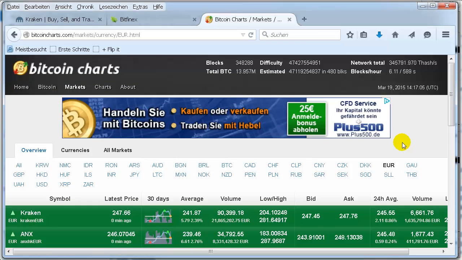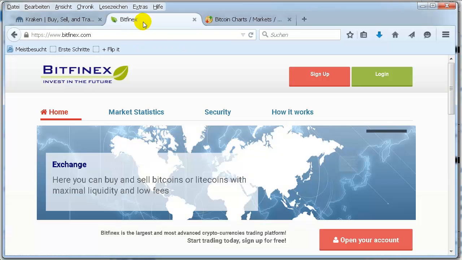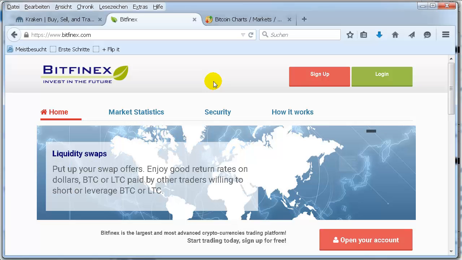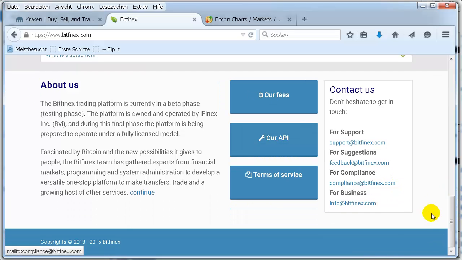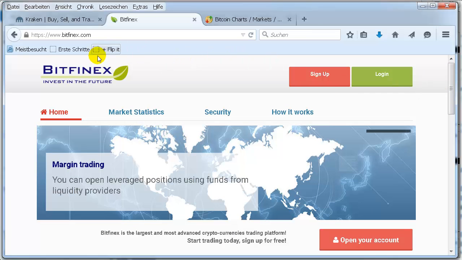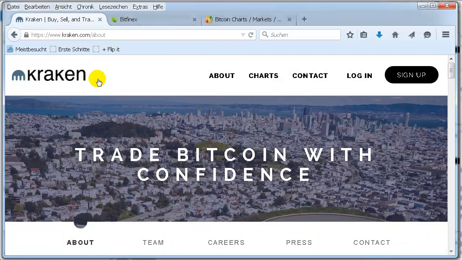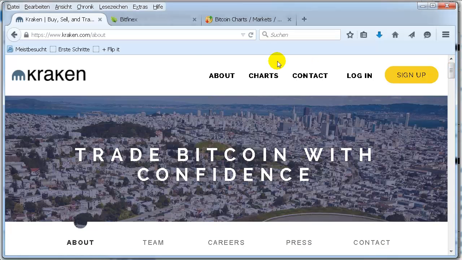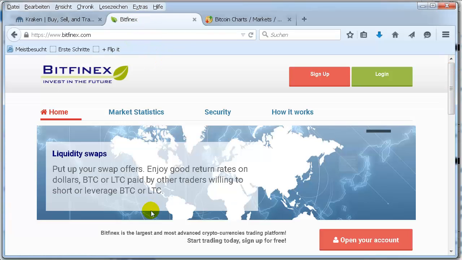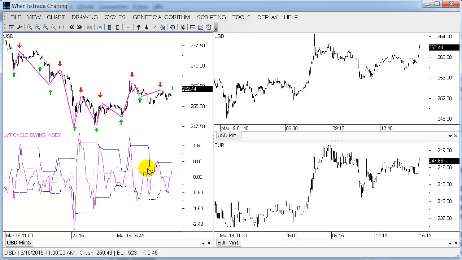So what we are using with the Bitcoin data feed is we will connect to these two markets here. So the good thing is that Bitcoin is a very open interface, so we don't have any third parties in there for pricing. So all these providers have their API just to provide real-time updates for the prices. So we connect to Bitfinex market and the Kraken market here, where most of the euro exchange takes place, and they also have an API. So Winter Trade is now able to connect to Kraken and Bitfinex to pull up the Bitcoin exchange rates in